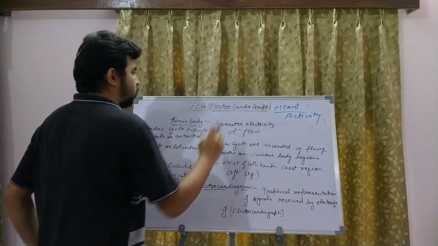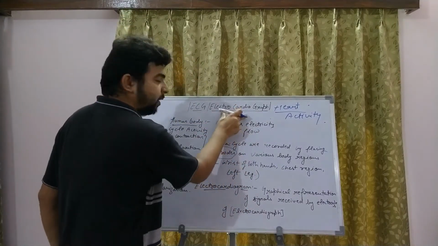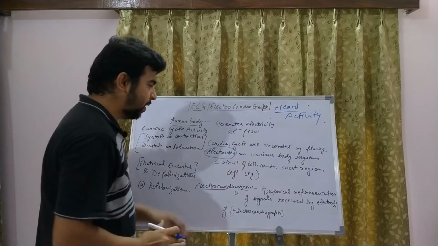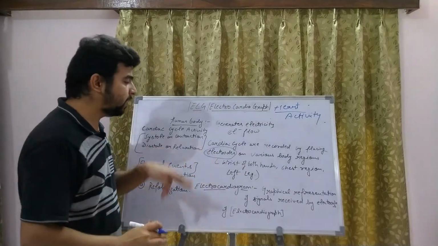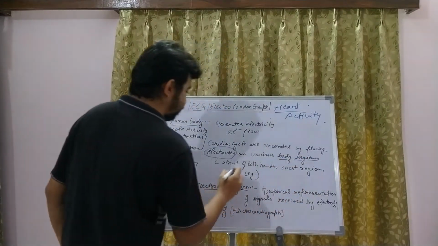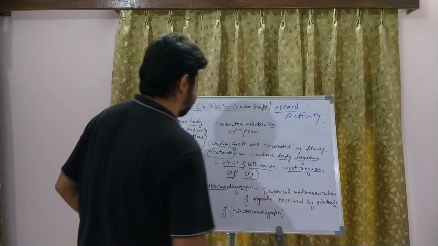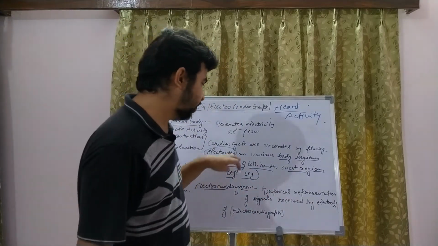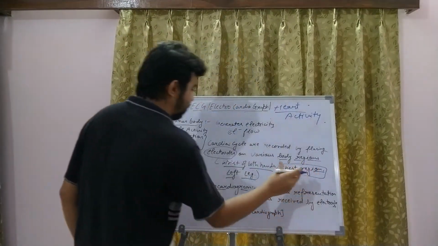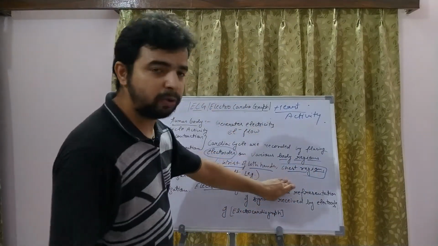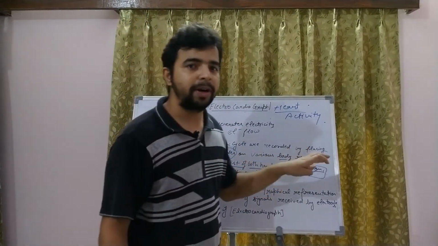So basically electrocardiographs come with electrodes. This ECG is an instrument which has electrodes, and these electrodes are placed on body regions like the wrist of both hands, the chest region and the left leg. These are the regions where the electrodes are placed, and on the chest region multiple leads are placed.